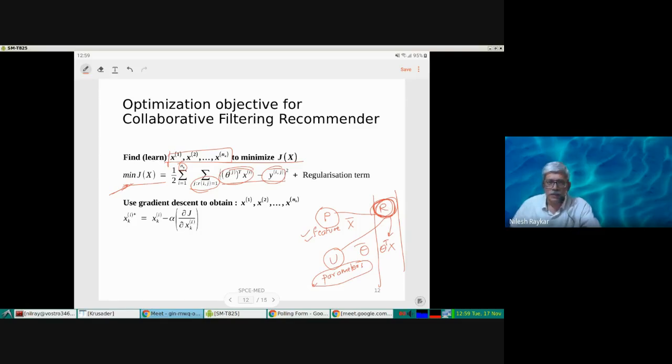In a real life scenario, one would not have the time or resources to either appoint an expert or survey so many users. So we need to begin in a situation where neither theta nor X is known. How do we go about it? Let's consider that, to begin with, somebody assumes some random values of theta. Say we are using the collaborative filtering recommender, in which you require the values of theta. Having assumed the value of theta, you'll assume the value of theta.